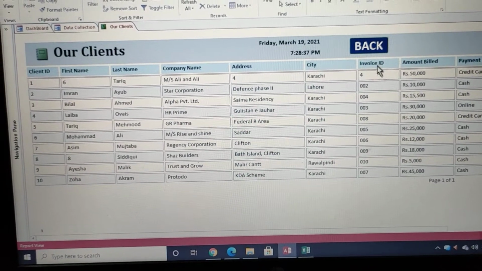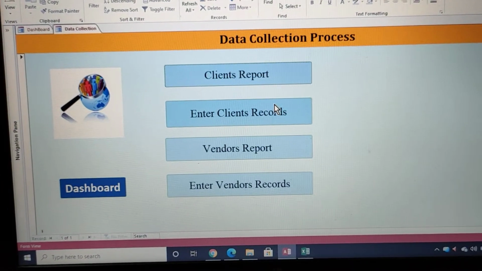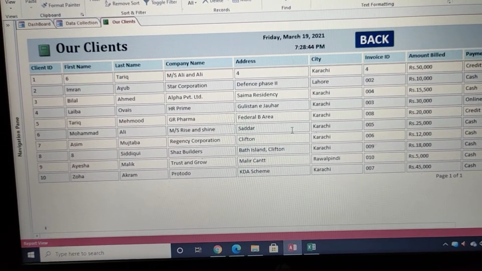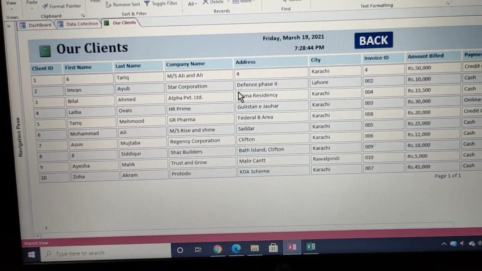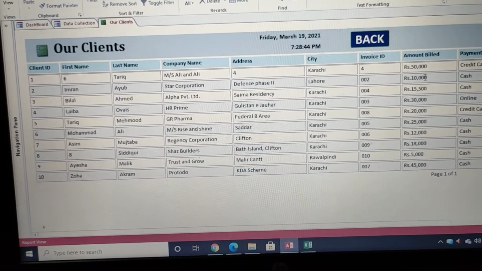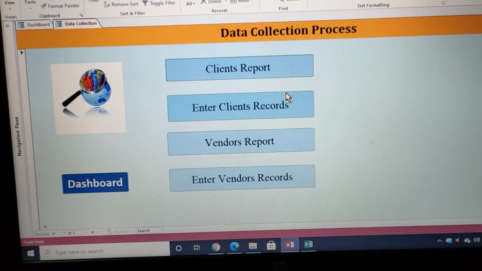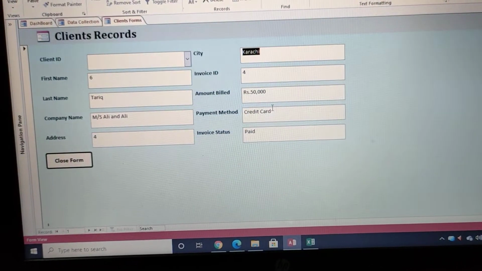The data would be related to the people who will order cakes or cupcakes from you. So here, when I click client's report, the client report appears: the first name, the last name, the address, the city, the amount billed, and the payment method. And here you can enter client records.